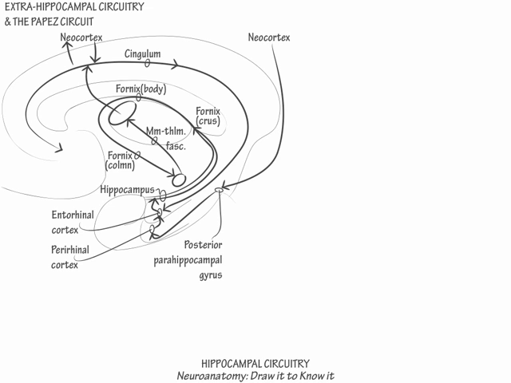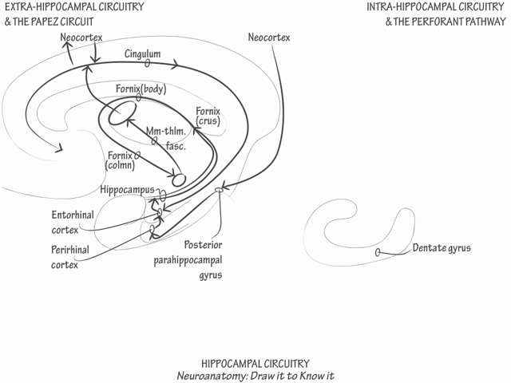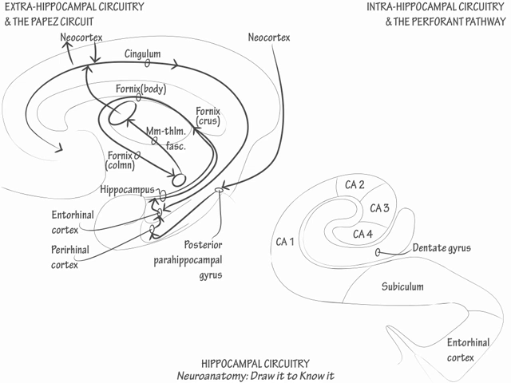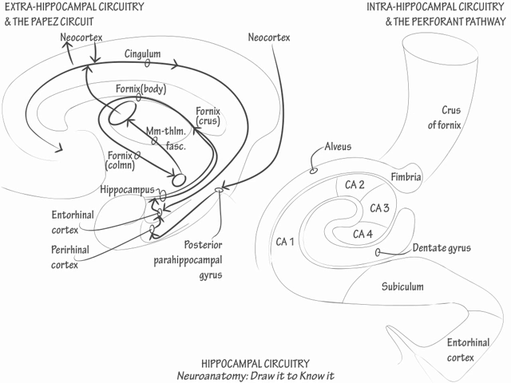Now let's draw the intrahippocampal circuitry, namely the perforant pathway. First, in coronal view, redraw the medial temporal lobe. Include the dentate gyrus, cornu ammonis, subiculum, entorhinal cortex, alveus, and fimbria. Then add the posterior length of the hippocampus. Show that the fimbria becomes the crus of the fornix, which makes its vertical ascent at the splenium of the